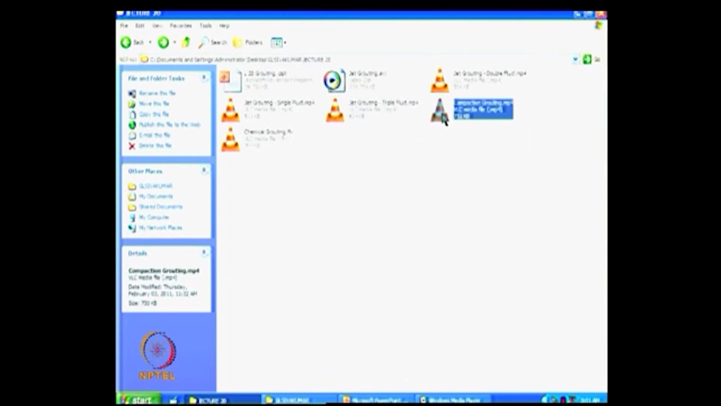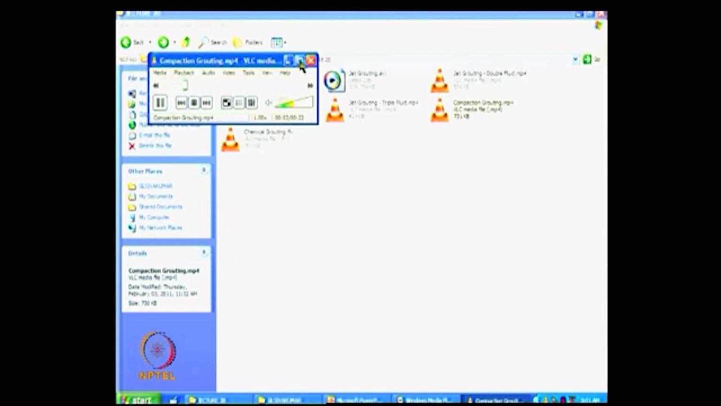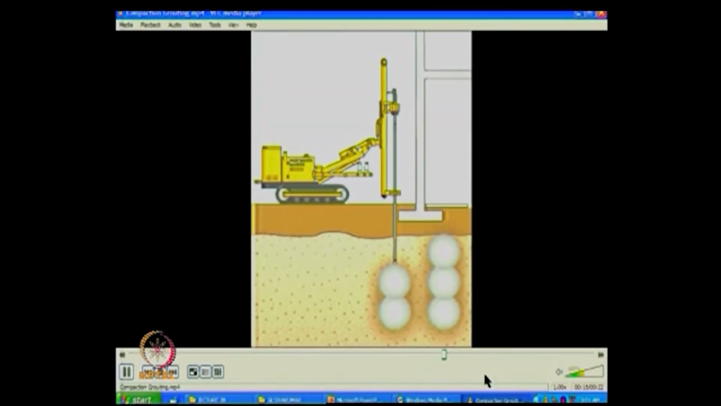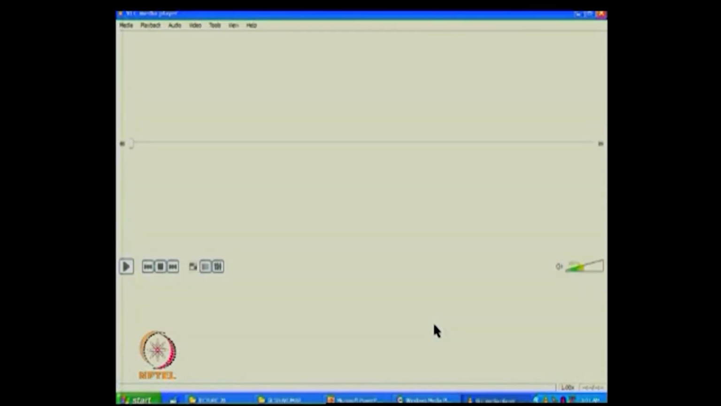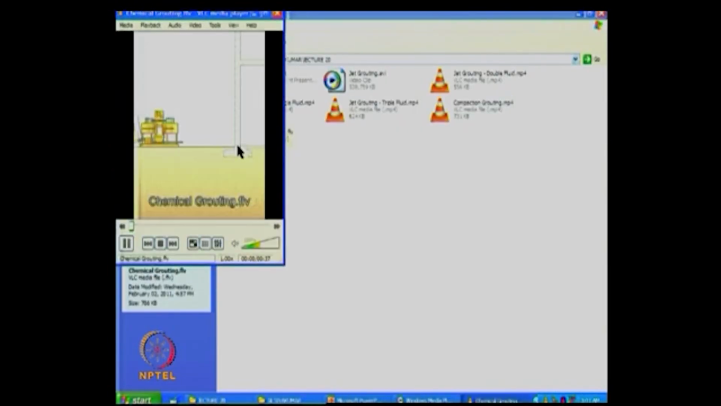What we see now will be on compaction grouting. So, for example, if you are trying to increase the bearing capacity, as I just mentioned, it is called displacement grouting. I mean the soil is displaced and there is a compaction zone created. You can see that this is the way it is done. So, this is an important application. We also have chemical grouting, as I just mentioned, when the size of the